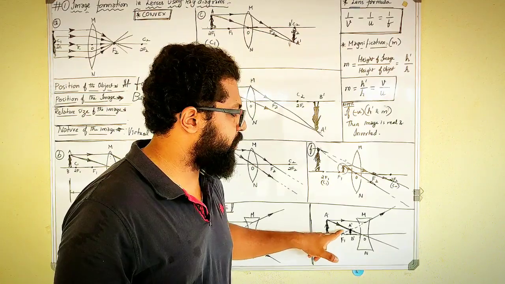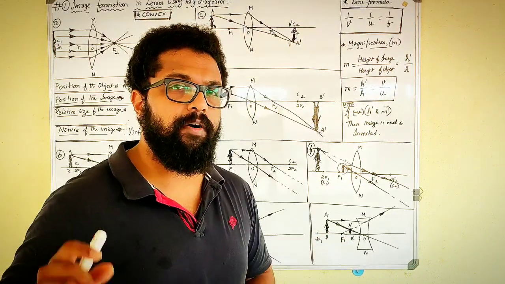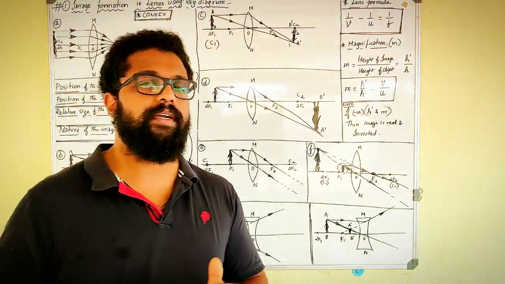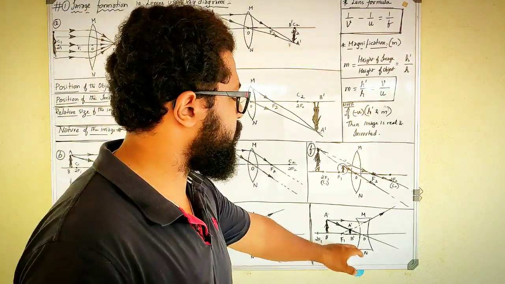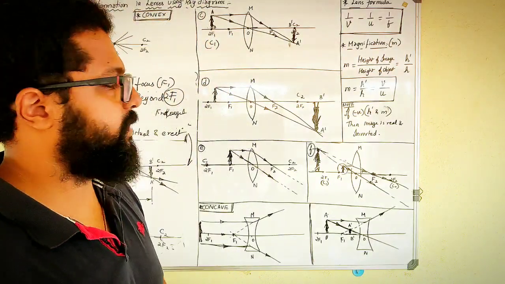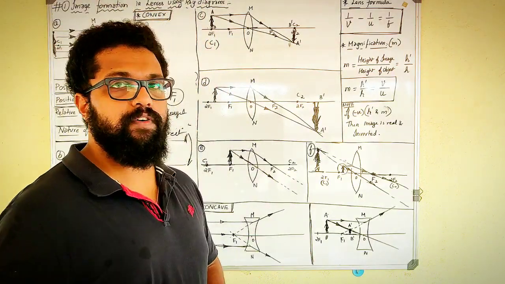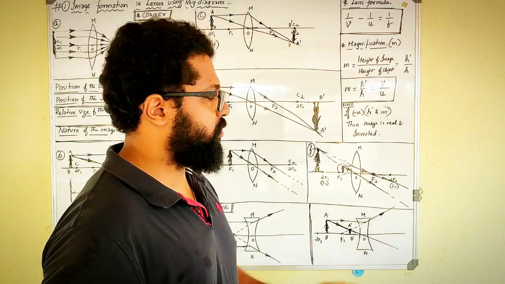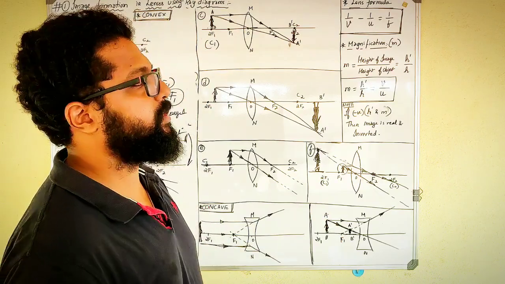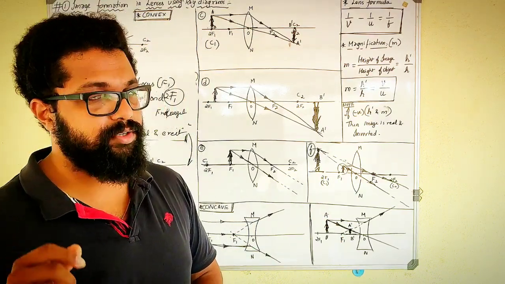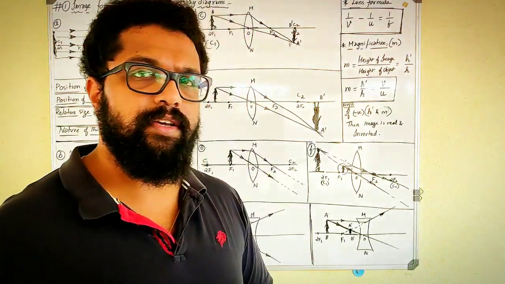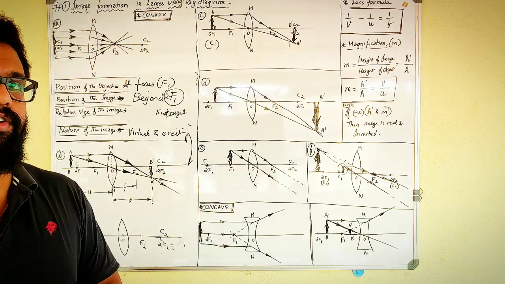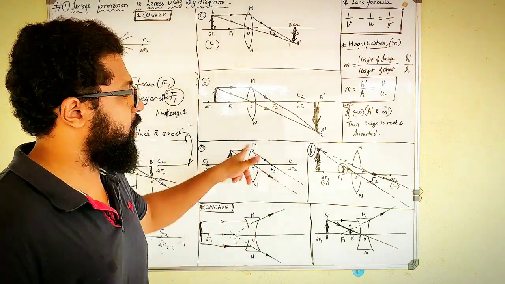So you can see according to this diagram, the image formed is very small when compared to the object. So the image is diminished, and the image is formed in between the principal focus and optic center. So the nature is virtual and erect again. Why? Because you can see there is no inverted image formed. So virtual images are always erect, that is straight, and real images are always inverted. Clear? So this much is the understanding of image formation using lenses, both convex and concave.